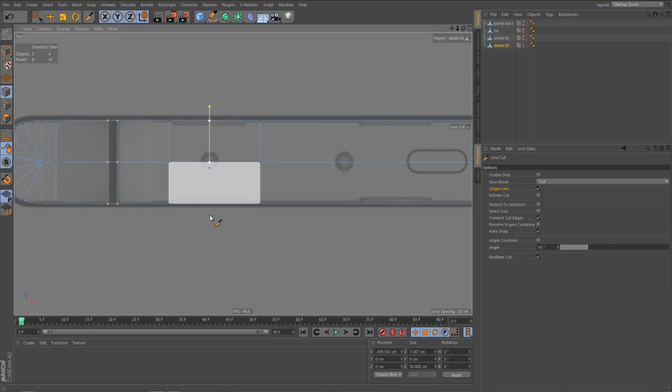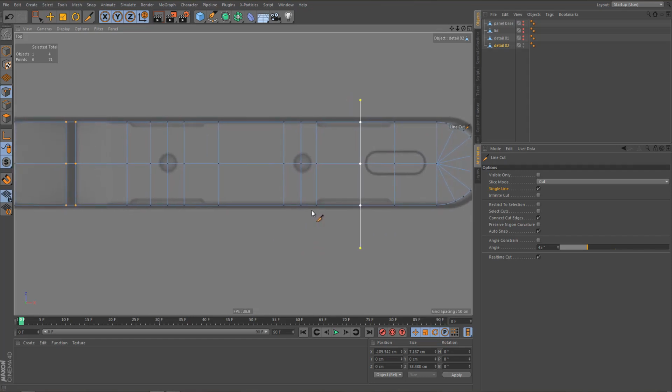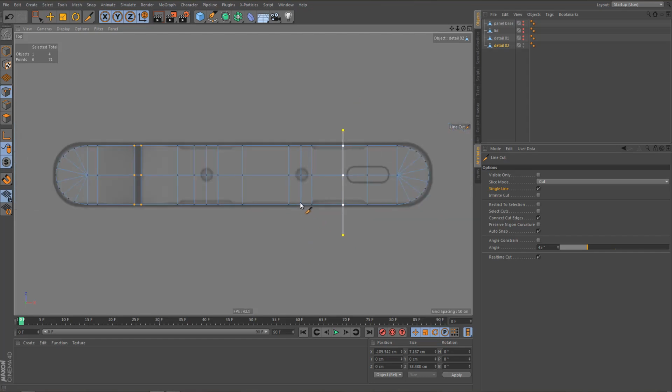We also need to define areas where these holes will be. So let's do something like this. And